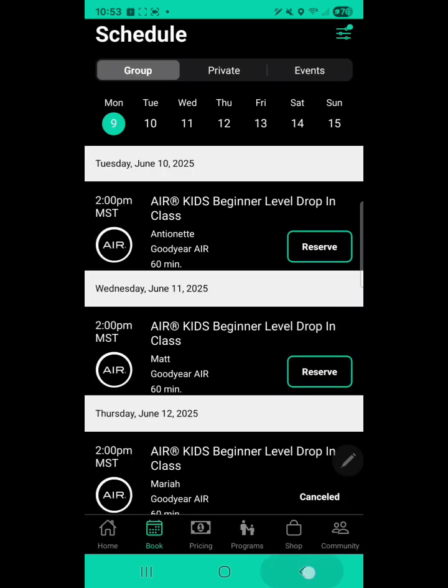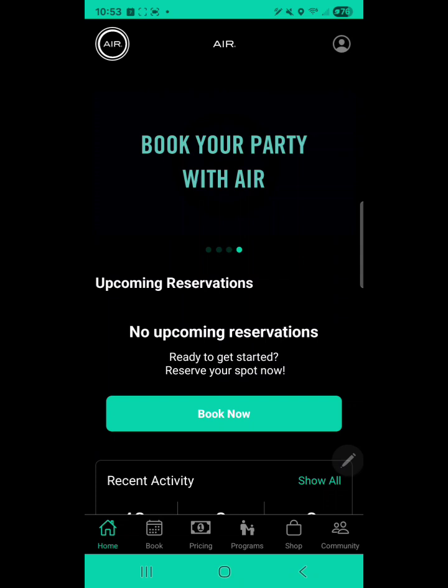So that's our basics on the intro of how to use our app. There's lots of cool things to see in here. I encourage you to find our app, download it, look around,